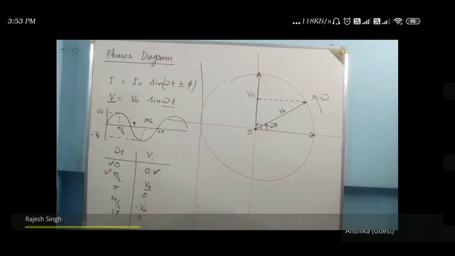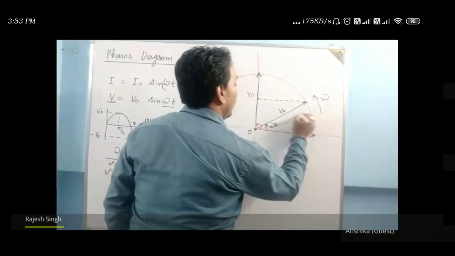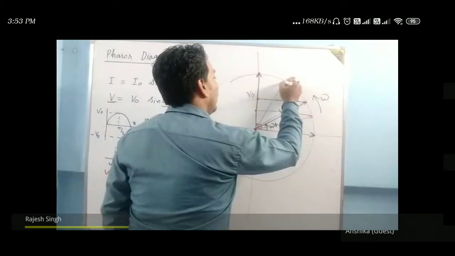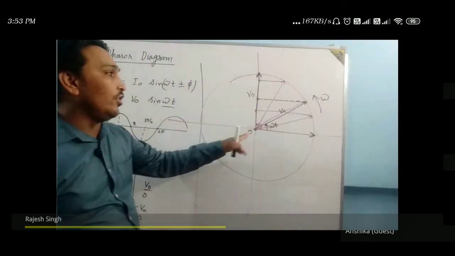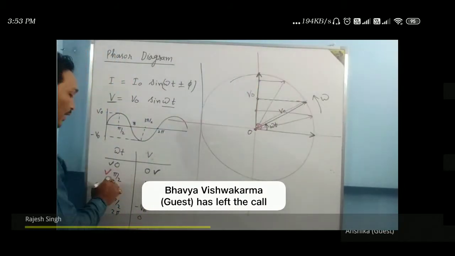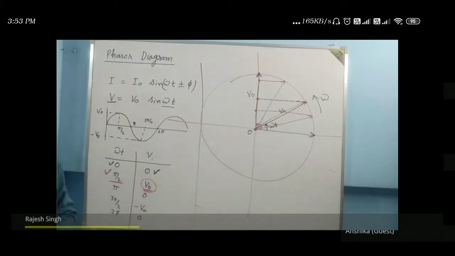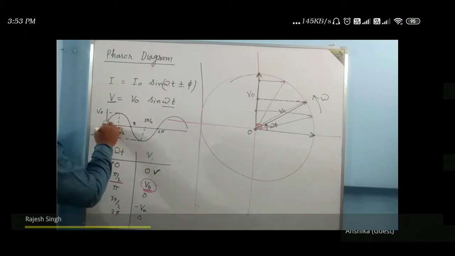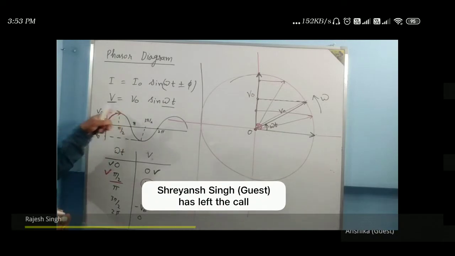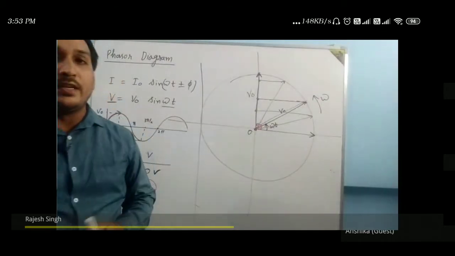Imagine while going here, what was happening? If the arrow is here, the value of V is here. If the arrow is here, the value of V is here. So the value of V is increasing. And when the angle is pi by 2, the value of V reaches V naught, which is the maximum value. So from 0 to pi by 2, V increases to its maximum value, that is your V naught. So from 0 to pi by 2, this arrow justifies the relation.